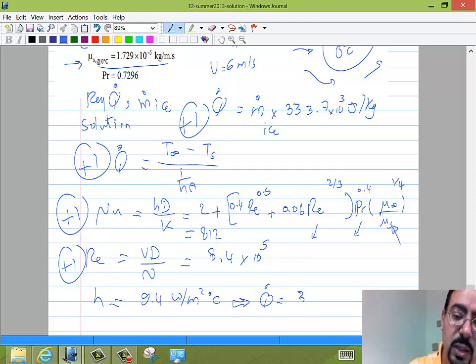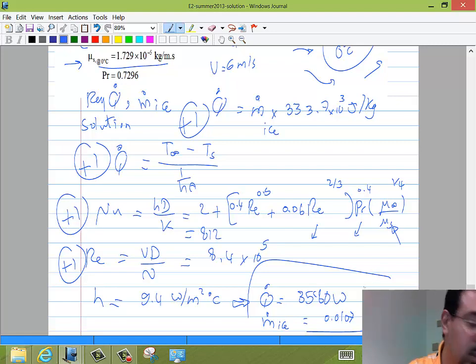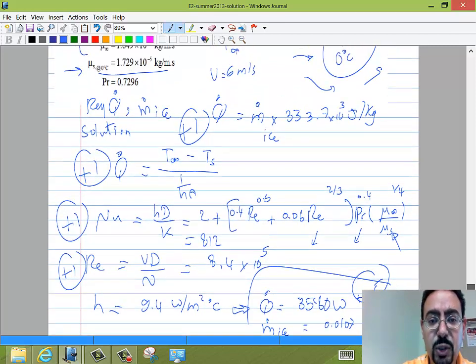and the Q is 3580 watt, and m dot ice is 0.0107 kilogram per second, and those two numbers together are worth 0.5, so each one of them is 0.25. So the final answer is 0.5, and the equation is worth